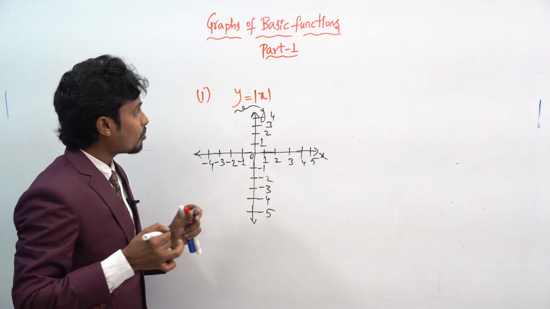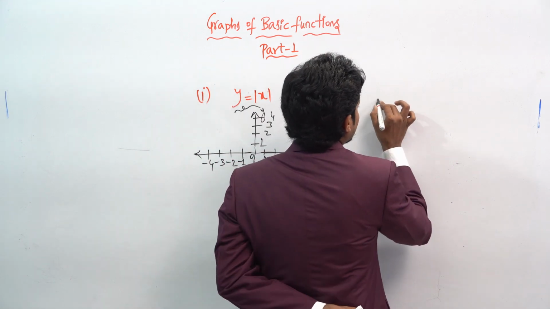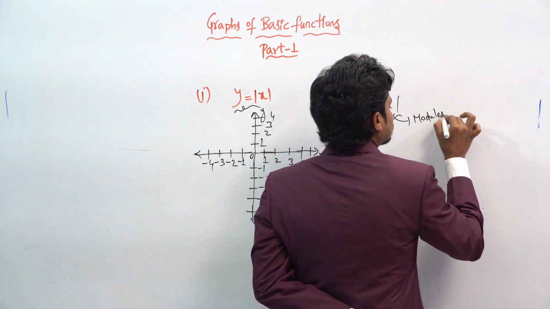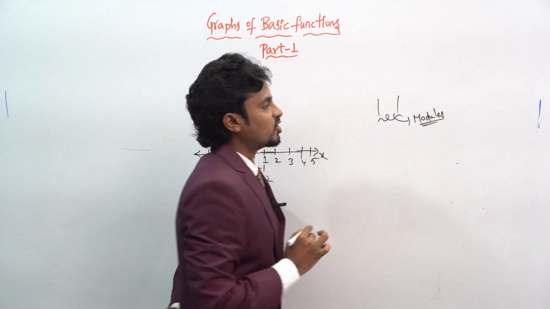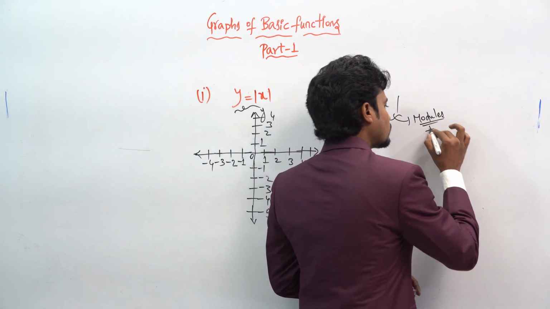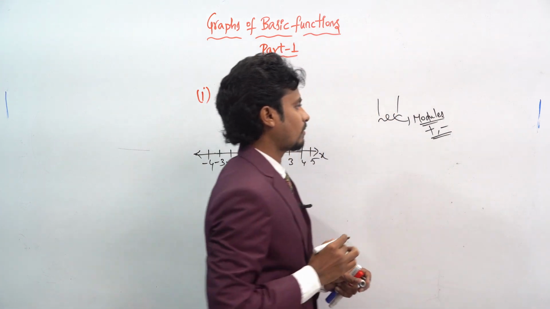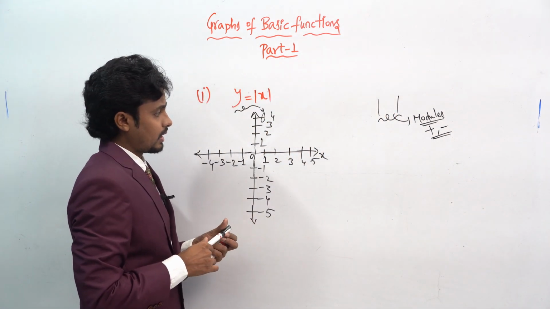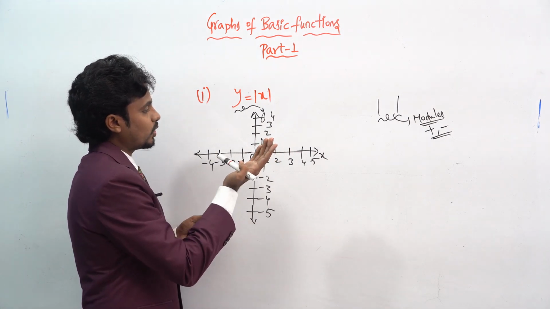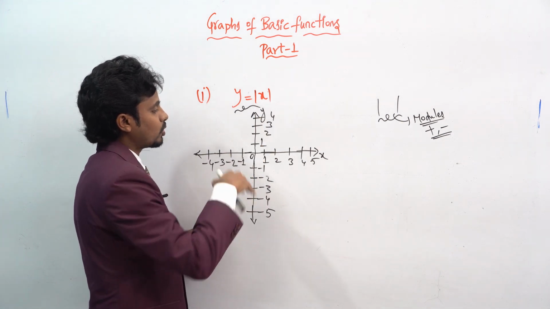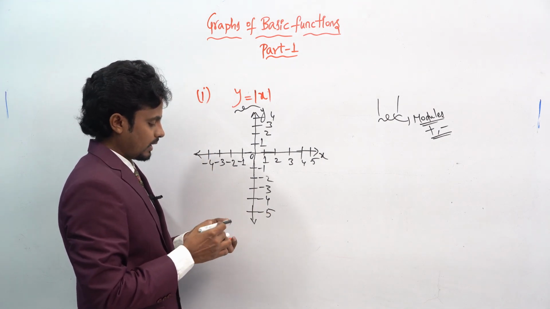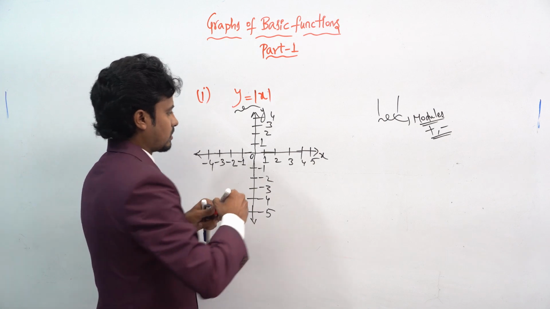Okay, so modulus can be represented like this, right? This will be said to be the modulus. Here the modulus means it has both values, that means positive as well as negative. This will be the positive and this will be the negative. Here you can observe, before we get the y is equal to x plot and y is equal to minus x plot. Take both the plus plot and the minus plot, we will get it like this.